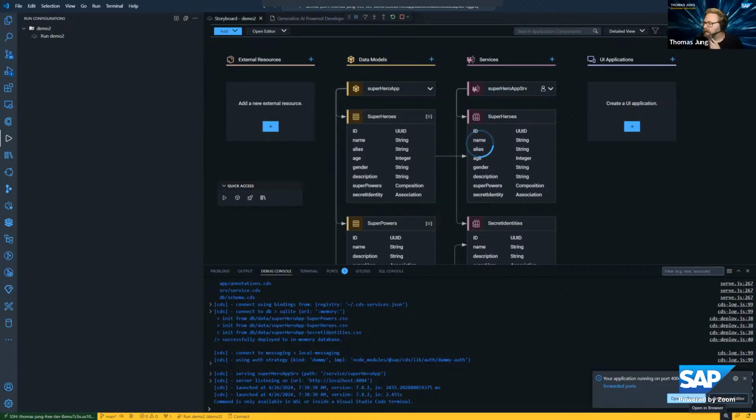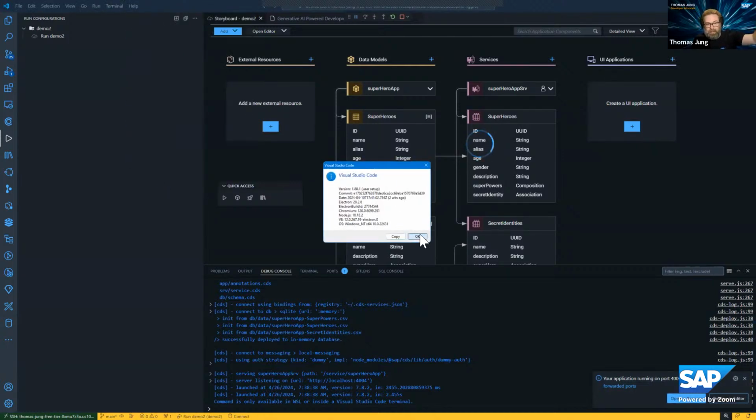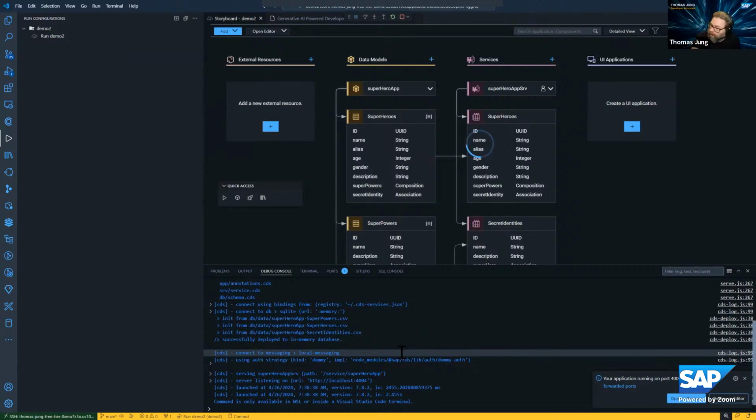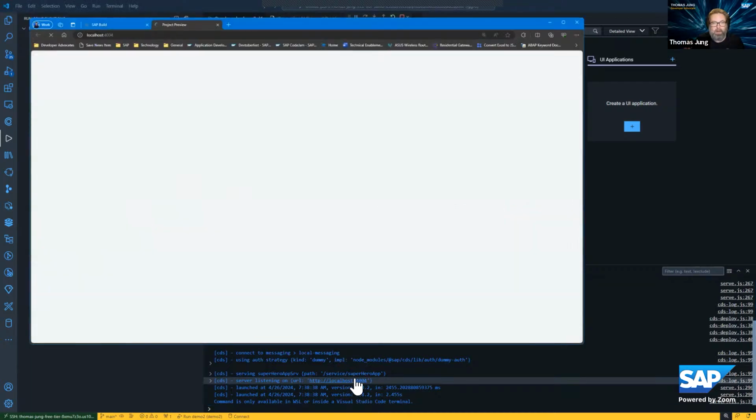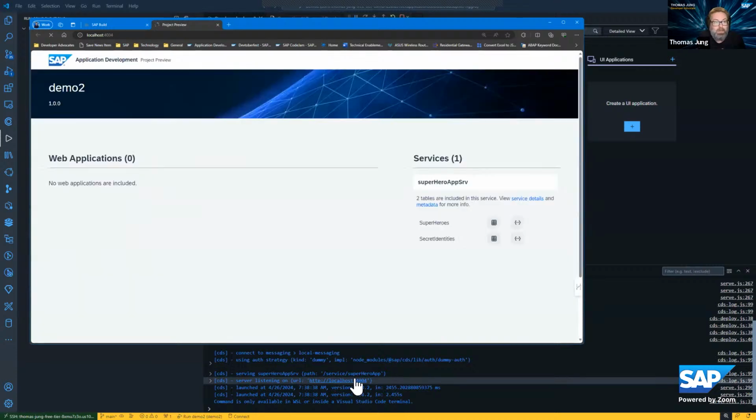So I'm ready to run this, but this is another thing that's neat to point out. I'm running here locally in VS Code. I ran it, but it's not running on my local machine. It's running in Business Application Studio. When I click open localhost, it's opening my local web browser, and it still says that it's pointing to localhost, but it's being redirected behind the scenes to the running application in my terminal in Build Code. That is in the cloud. Bonkers good. Isn't that cool?